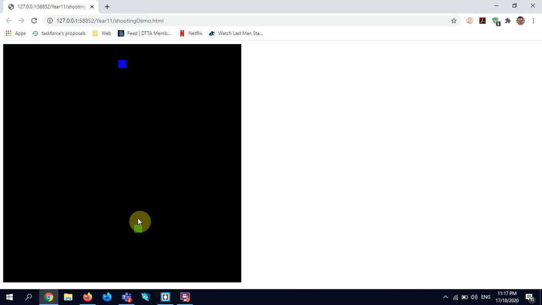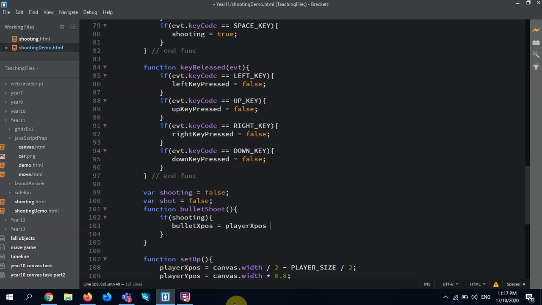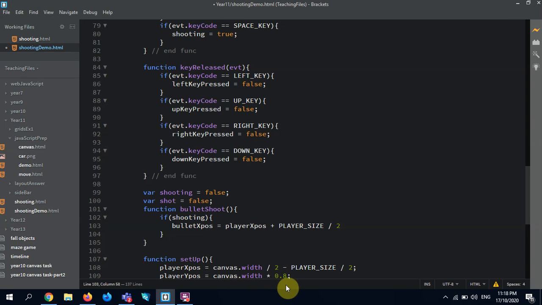So we want to put it in the middle. So I'm going to say player xpos plus player size divided by 2, which will then put it there, but then the bullet will draw to the right, so I need to take off half the bullet size, minus bullet width divided by 2, equals x